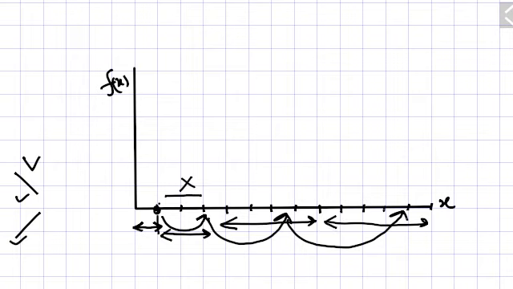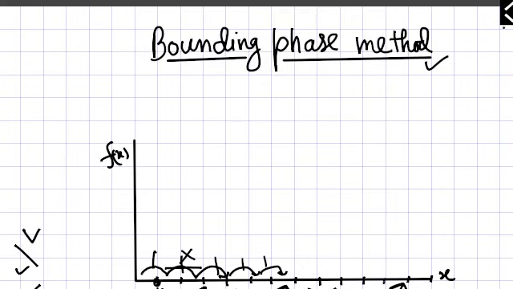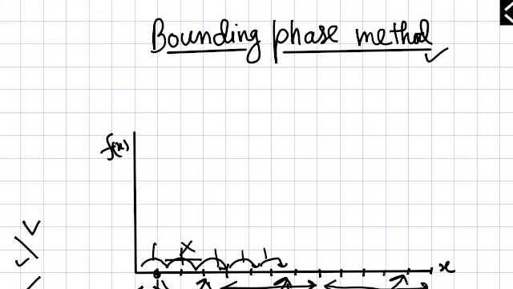So you can see that if we are doing exhaustive search, we will go like this, we will jump like this. But in the bounding phase method, we are making a jump. Bounding means jumping. So if the exhaustive search method takes 1, 2, 3, 4, 5 steps, you can do it in only 2 steps. This way you can make the search very fast. So let's go to the actual bounding phase method and see how it is done.